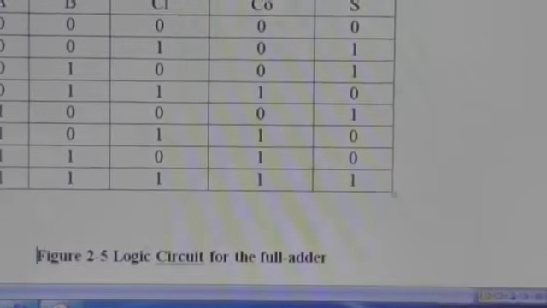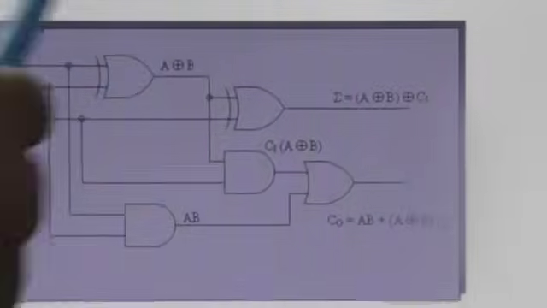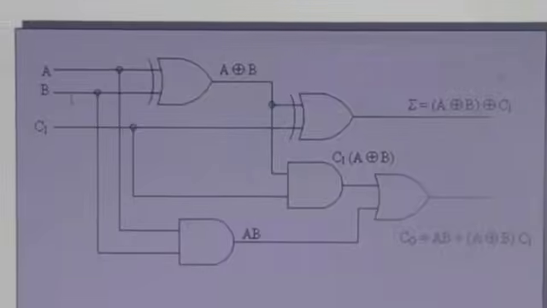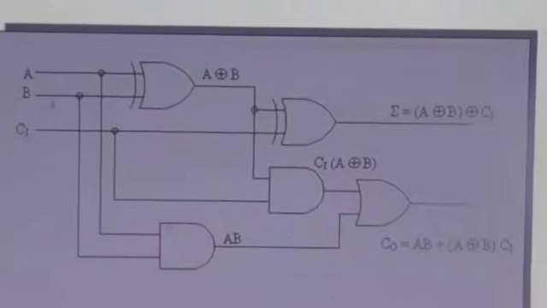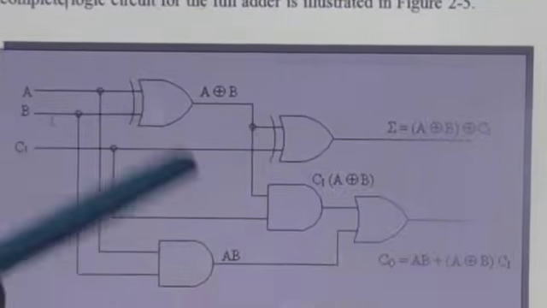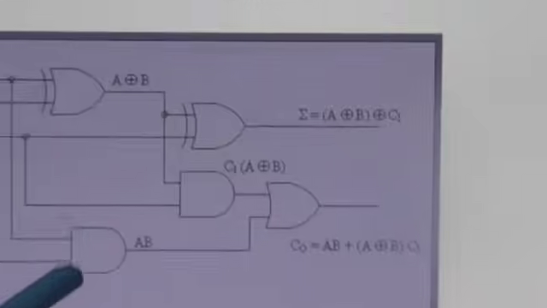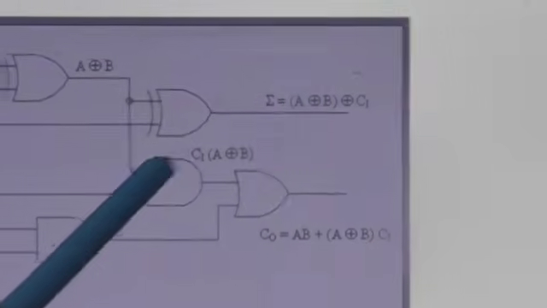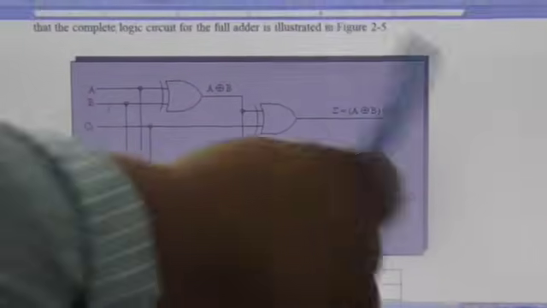Clear? So which gates are required? Now if you see this diagram, you definitely have the idea. For the purpose of demonstrating the full adder, basically 3 types of gates are required. Which are they? XOR gate, AND gate and OR gate. It means 2 XOR gates, 2 AND gates and 1 OR gate are required for the purpose of demonstrating the full adder. How are the connections made?